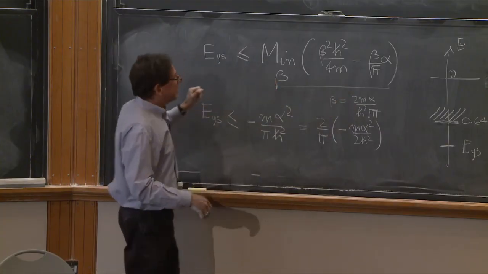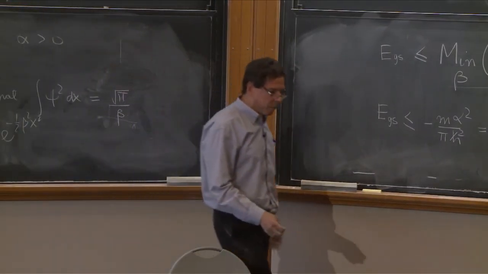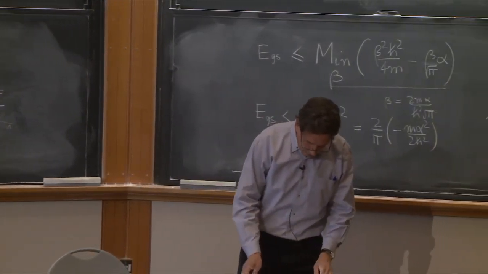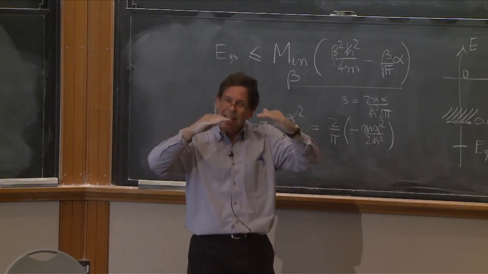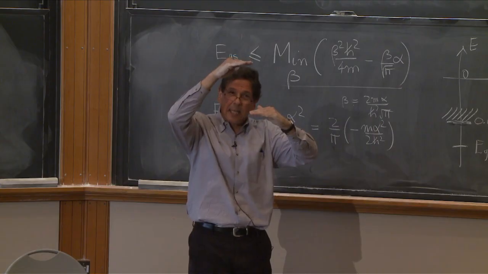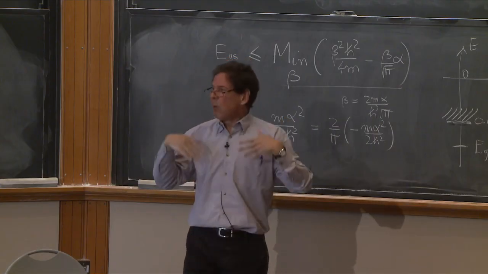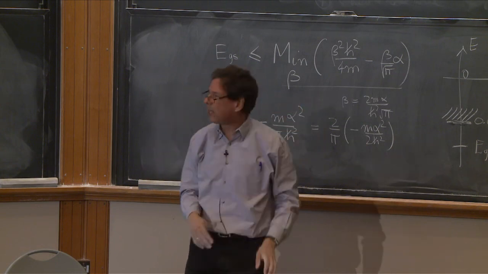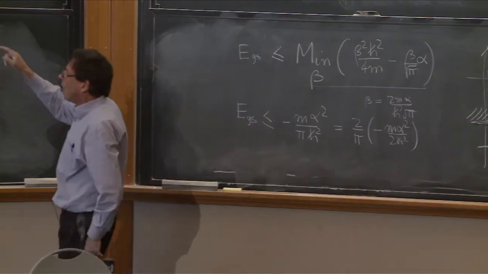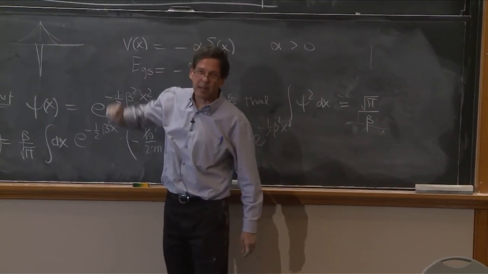Yes, indeed. So that's an illustration of the variational principle with trial wave functions. The variational principle tells you things about the ground state, but it also allows you to find the first excited state. If the potential is symmetric, it will allow you to prove that any attractive potential has a bound state. And you will prove with the homework that stationary points of these things are the eigenfunctions.